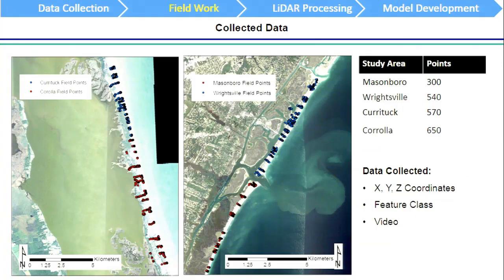For each point, I collected X, Y, and Z coordinates along with a feature code. So we collected the position of the point and the feature that is located at that point. And that feature is what is compared to the model output to see if the model is correctly classifying the ground features. The goal was to collect 60 points for every feature per study area, which comes out to about 500